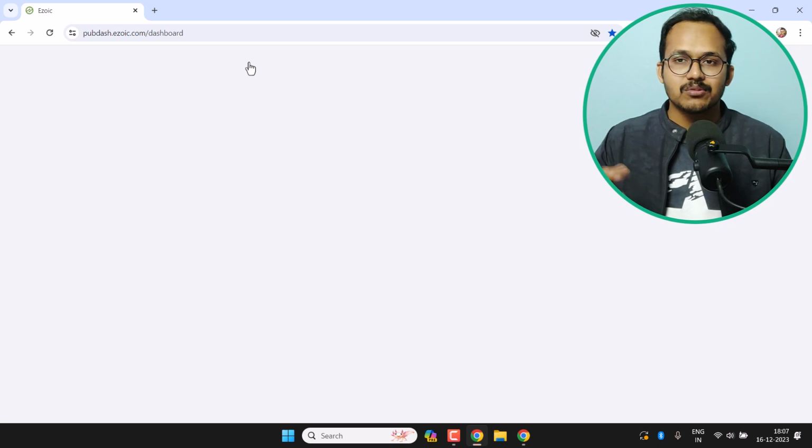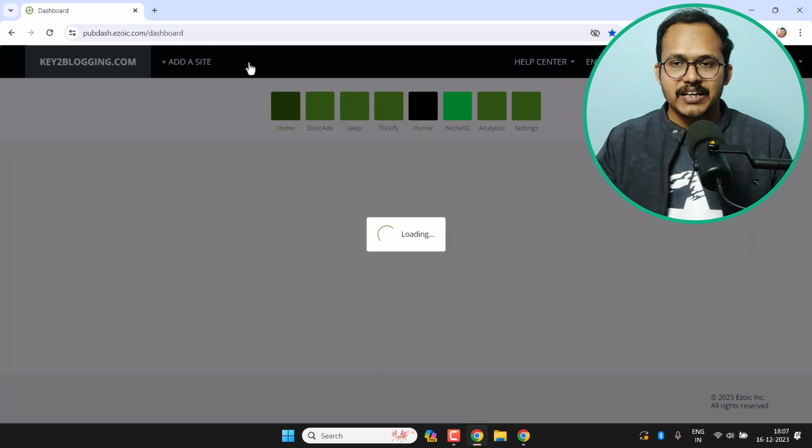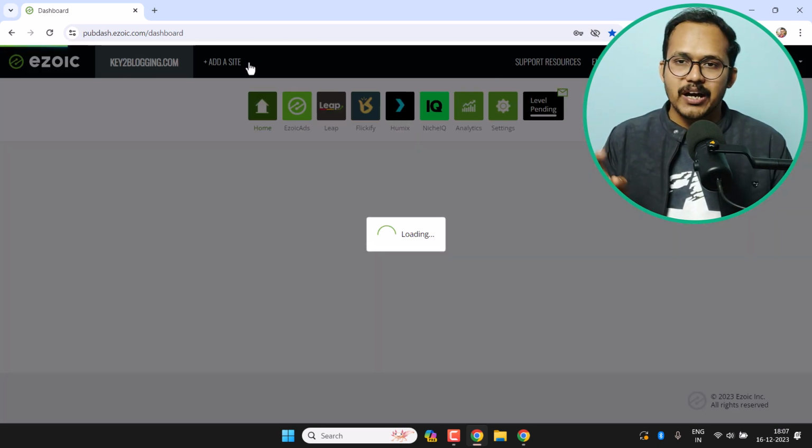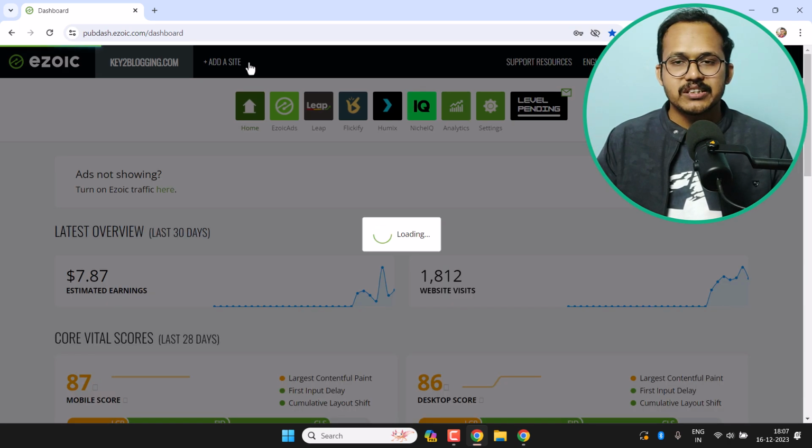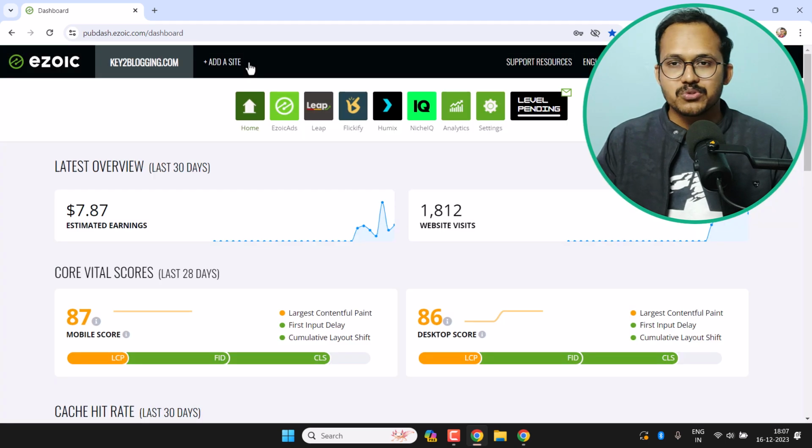But if you are using Cloudflare, then it will also use the Cloudflare sign-in method to connect your website to Ezoic. So you have to use Cloudflare if you are using the Blogger platform, and if you are using a different platform, then you can use the name server method as well to connect your website. So overall Ezoic is a very good platform that I recommend, and I will also bring a detailed video